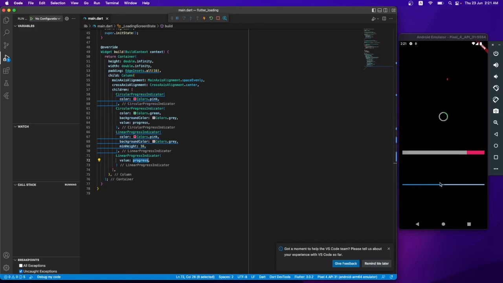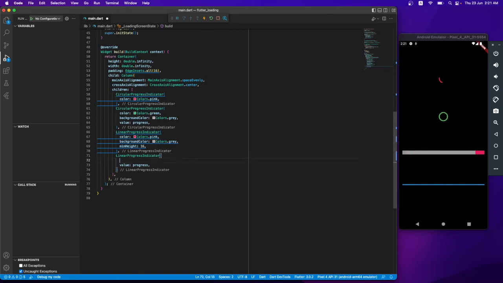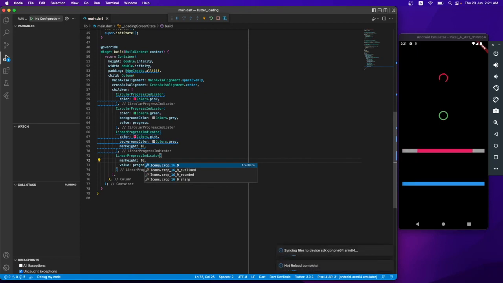This and this both have the same variable inside value. That's why they are both in sequence. Okay, I can change the minimum height to 16, and if I rerun the app,